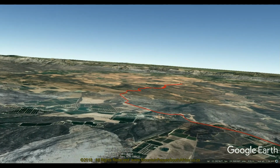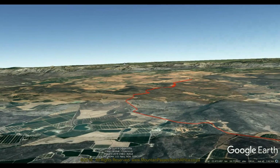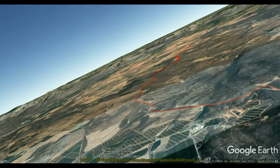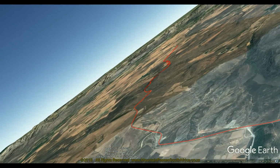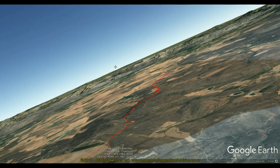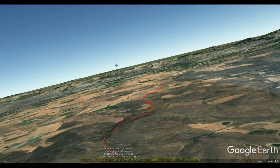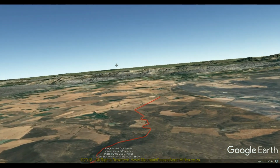better known as Matroosberg, with a summit altitude of 2,249 meters. It's also the second highest peak in the Western Cape, with the highest one being the Severweeks Peak in the Swartberg range. The pass is well engineered, with gradients seldom exceeding 1 in 11, and it is suitable for all vehicles. It offers excellent views over the Warmbokkenveld and the vast plains of the Ceres Valley, surrounded by an amphitheater